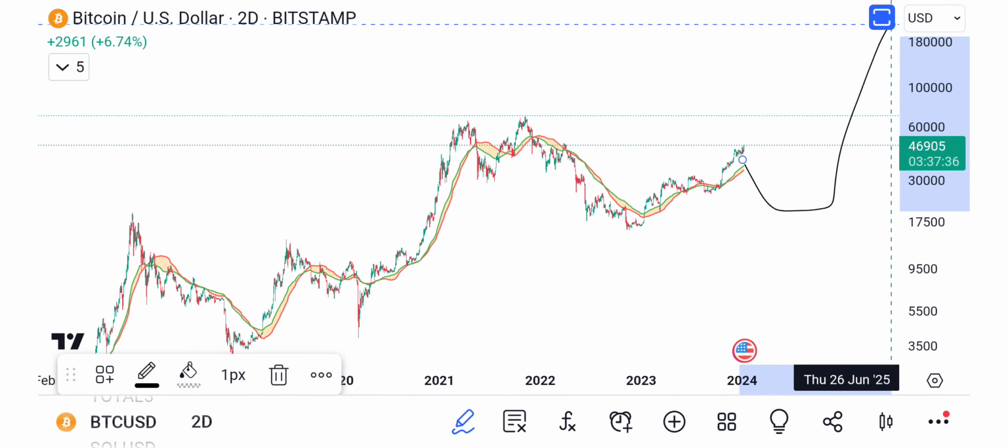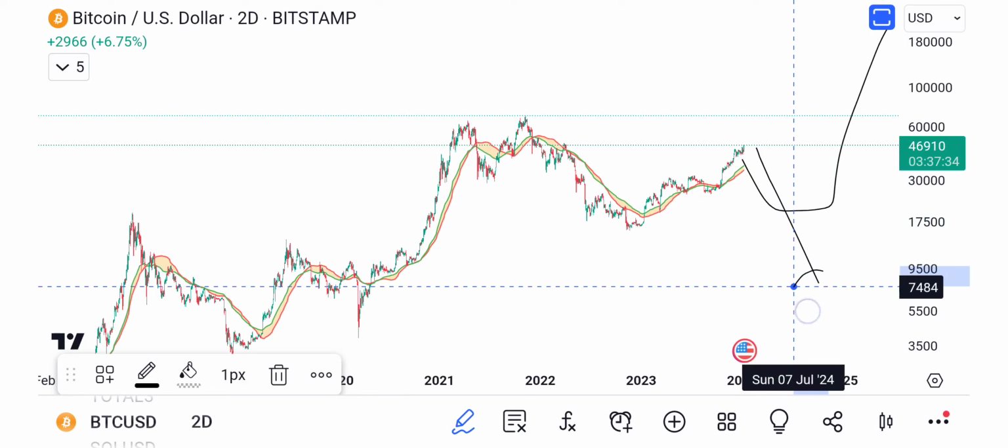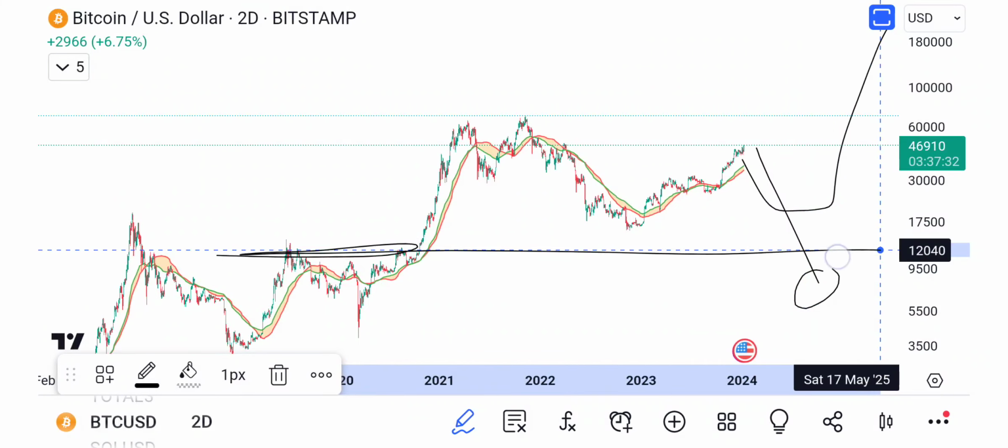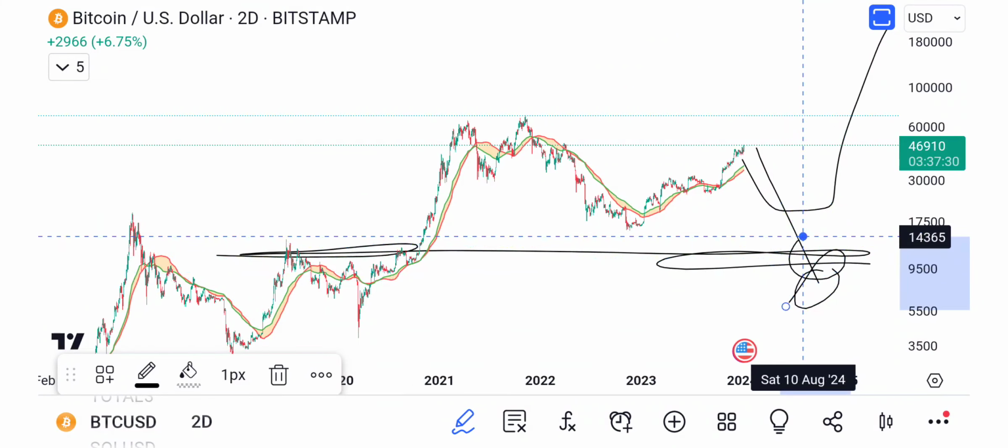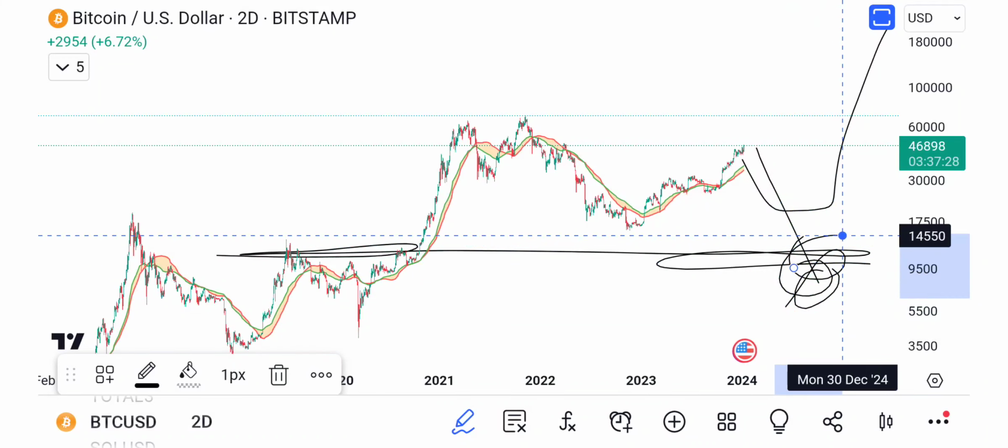Then we go like a flat, or does C come all the way down here, backtest the 14K, 10K area? All the 12Kers, 10Kers, 9Kers say, yeah, see, I told you it was going to happen. I told you. Even though it happened like 5 years later. No.